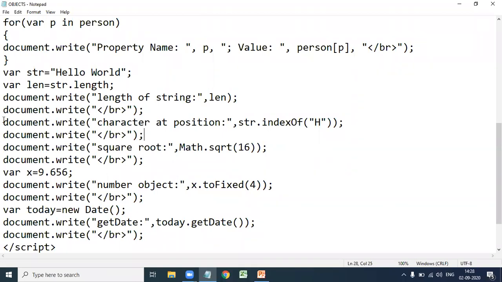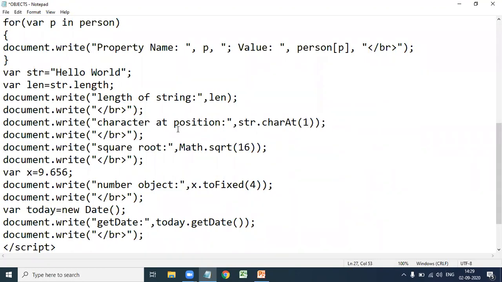Next is a method on the string object, that is indexOf, which gives the position of a character, for example the position of h. If you want the character at a position, I write the charAt method, charAt(1).